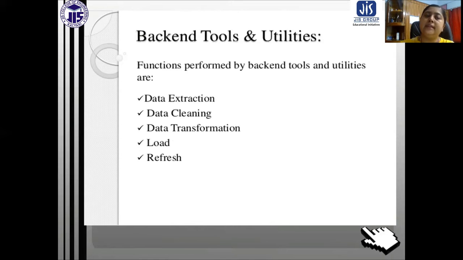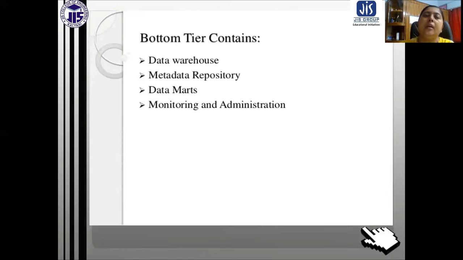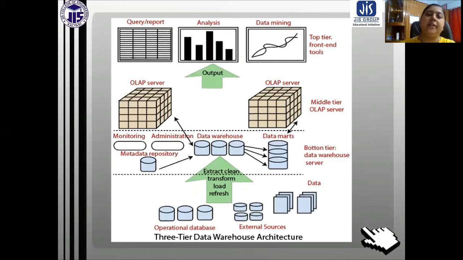These are the utilities, and by performing all these functions the data is loaded into the data warehouse. The bottom tier contains the data warehouse, metadata repository, data marts, monitoring and administration. We have already discussed this in the figure, where it is clearly mentioned that these are in the bottom tier.